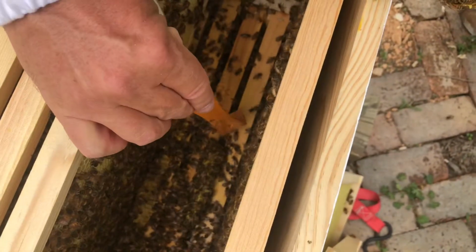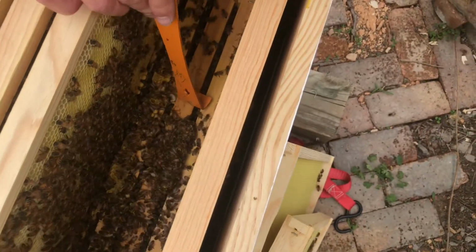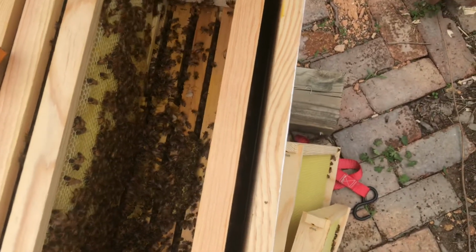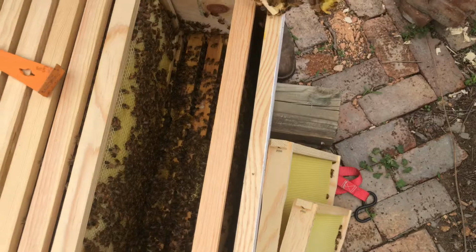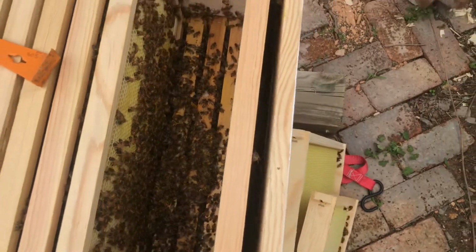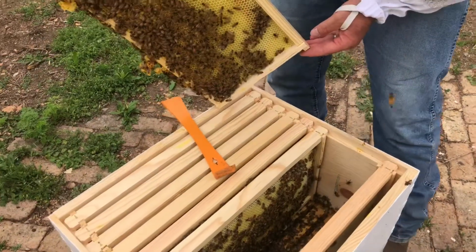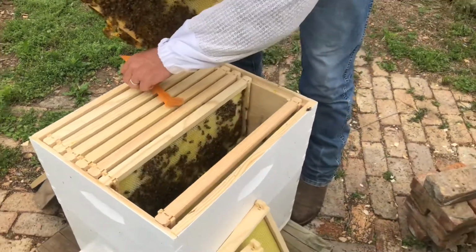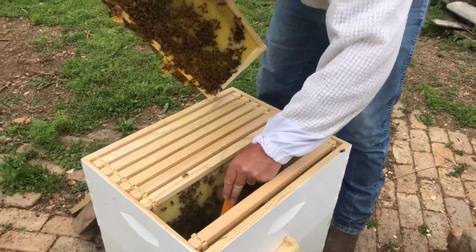And so this is a good time to, well, I just smashed it. But the Varroa mite will be sealed into the cells with the larva, and so oftentimes you can see the Varroa a lot easier when it's on the larva. And since it just happened by the way they had it built and had these eggs in there,